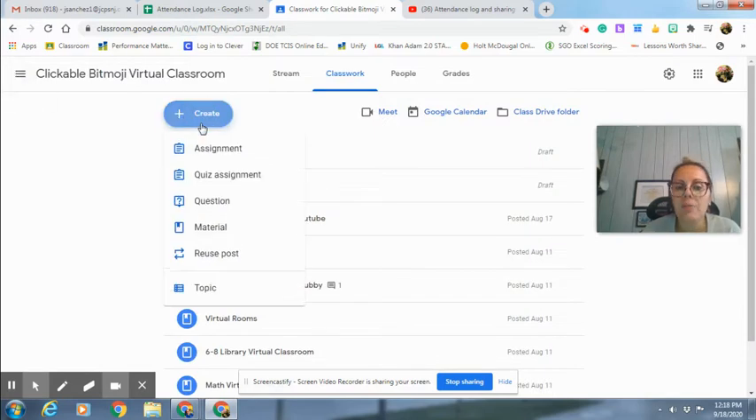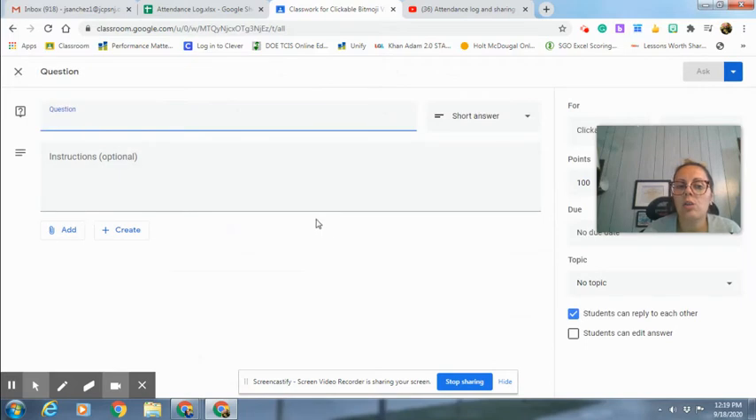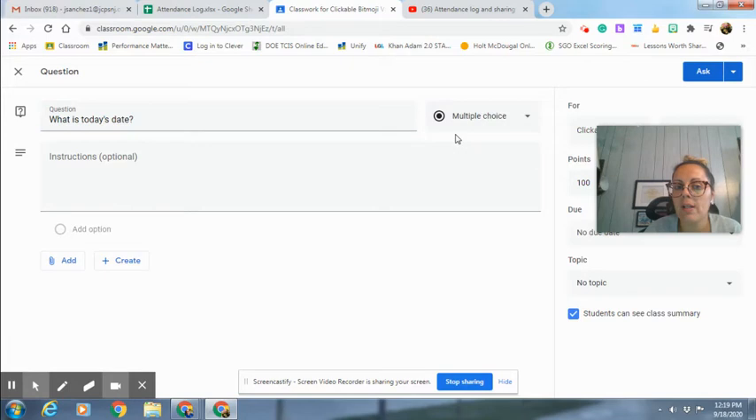The next option is to create a question. Creating a question will allow you to post what is today's date. Let's say that was my question for the class. And I want my kids to provide a short answer as an explanation for this question. I can choose multiple choice and give them options also by adding